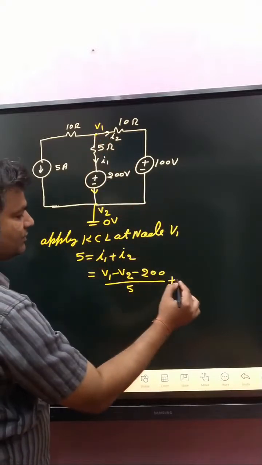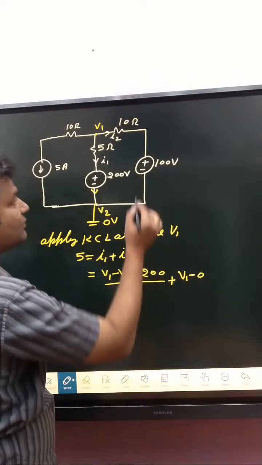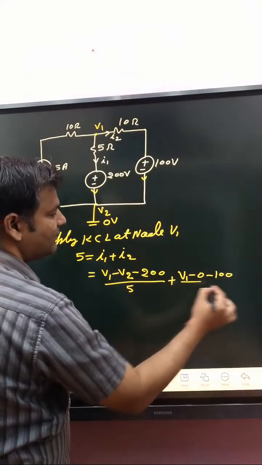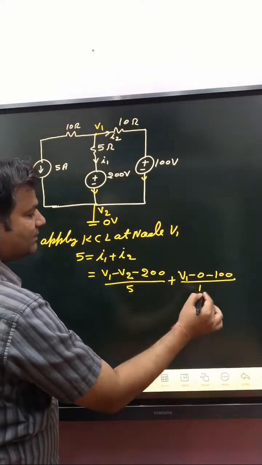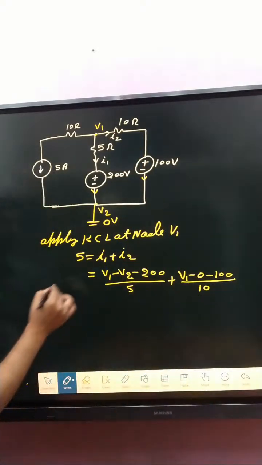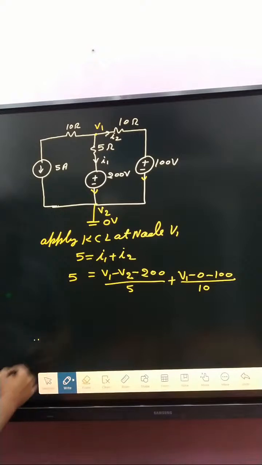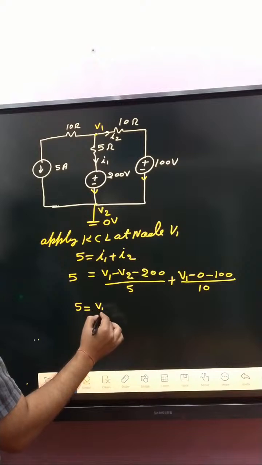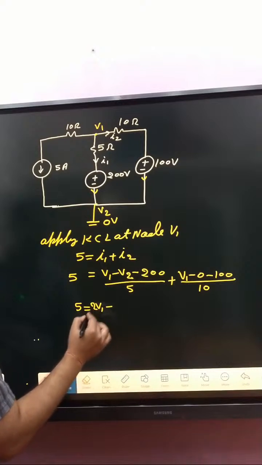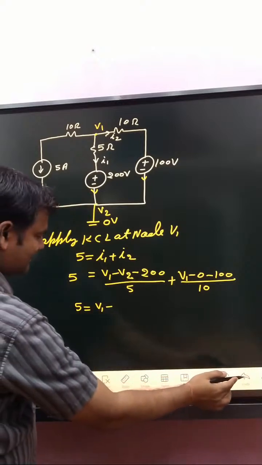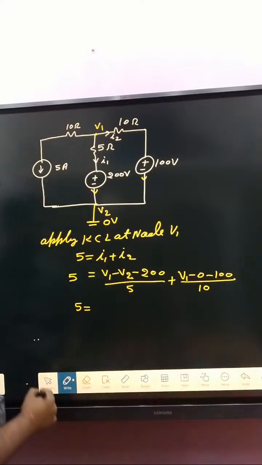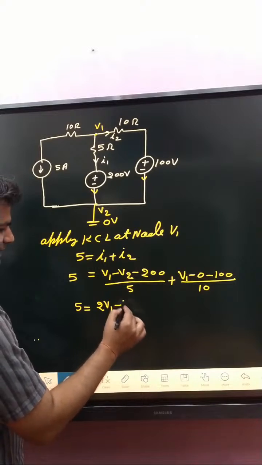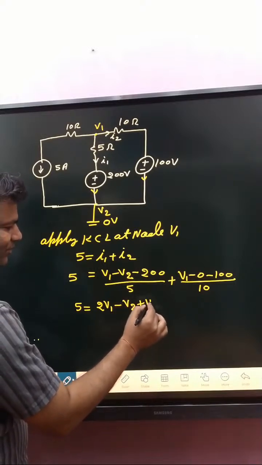V1 minus 0, current leaves from the negative terminal, so minus 100, divided by 10, this is equal to 5. So 5 is equal to 2 times V1 minus V2 plus V1,